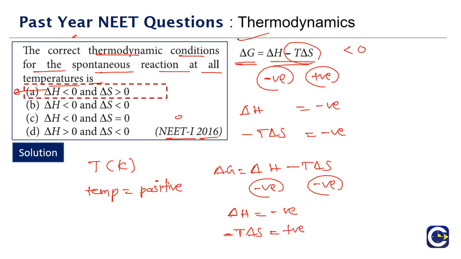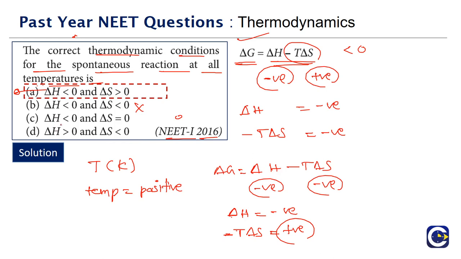Positive. Now there will be an issue, because if we go to high temperatures, what is going to happen? The second term will become more and more positive. Means, at very high temperatures we will have a situation where del G can be positive. Means we can move into non-spontaneity. Means this is not going to give us spontaneity under all conditions.